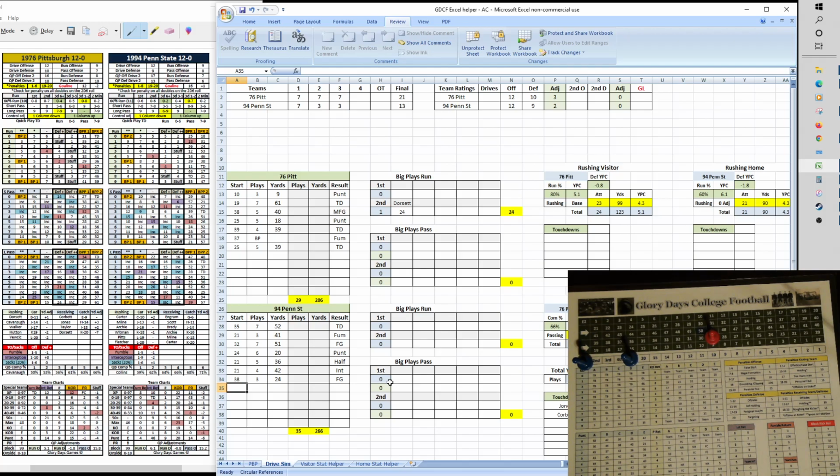All right, here's the kickoff. That's going to be a touchback, so Penn State from the 25-yard line. All right, here we go. Penn State has had good luck on the drive rolls, and they're going to have another successful drive. It's going to be an automatic 1st and 10, too, with the 2d6 roll of 7. So from the 25, roll of 7 on the drive chart, that's going to be 6 plays, 41 yards as Penn State